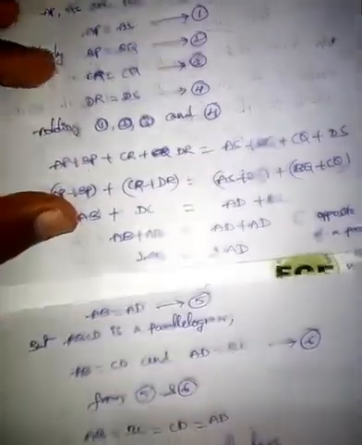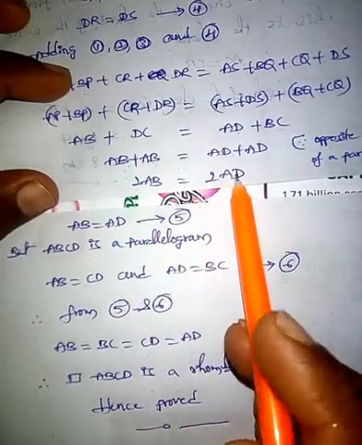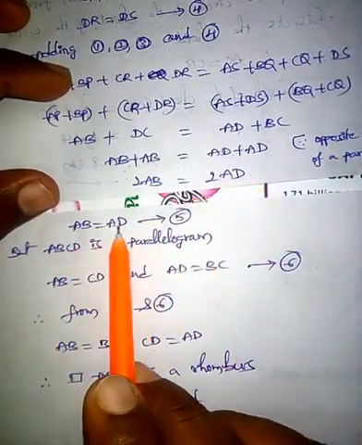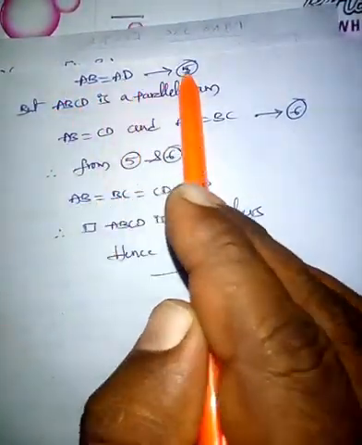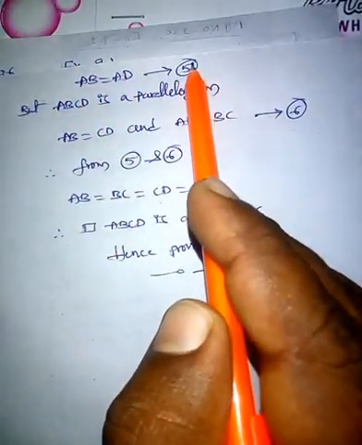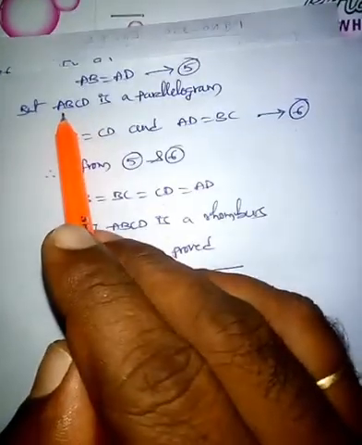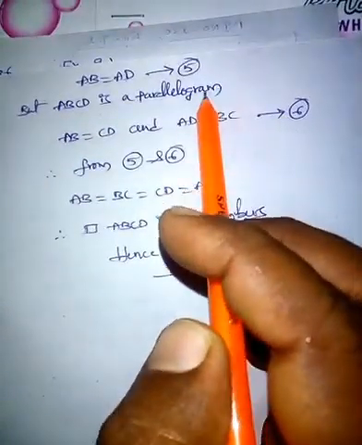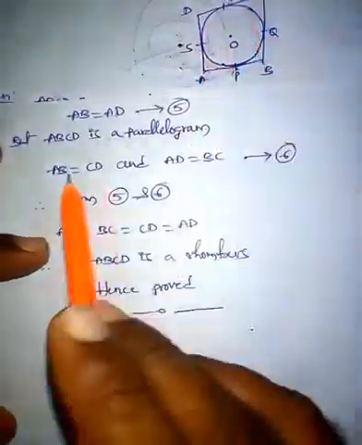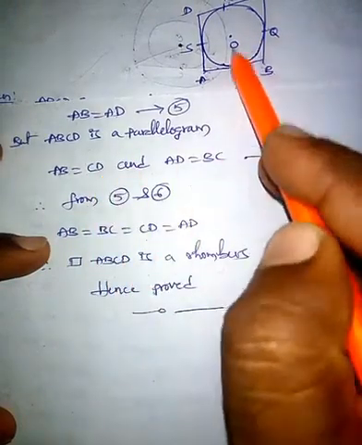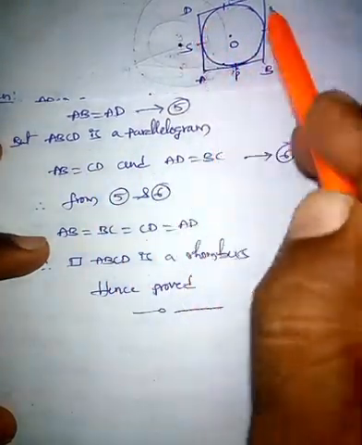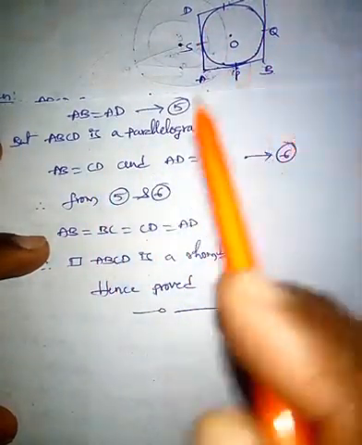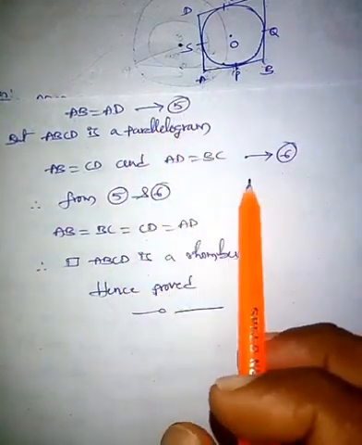Now coming to the continuation part. So here 2 gets cancelled. If 2 gets cancelled, the equation will be AB plus AD, and name this equation as equation 5. Okay, children, but here in the problem ABCD is a parallelogram. Parallelogram means opposite sides are equal. That's why AB equal to DC. So AB equal to CD, opposite sides, and similarly AD equal to BC. Okay, and name this equation as equation 6.